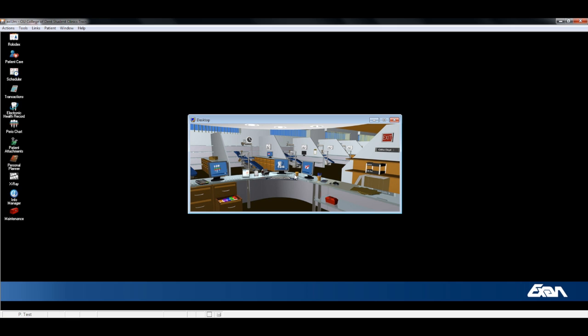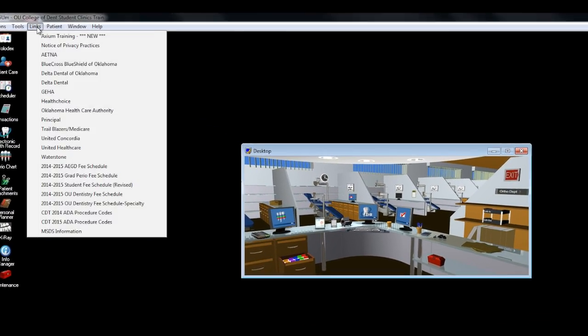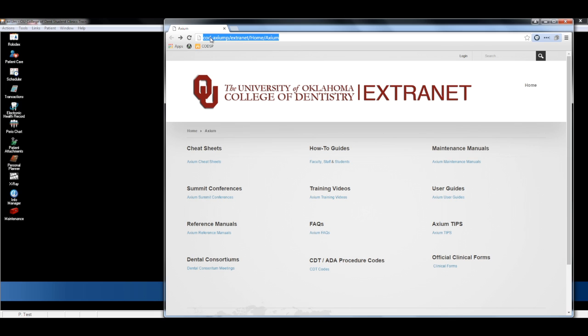Before we get into Axium, I should point out a few resources that you have access to should you ever have questions about Axium. First, you can find both Axium and in-house training materials by clicking on links from the menu bar and selecting Axium Training. This will take you to the extranet. Just remember that the extranet is only accessible from computers on campus, so keep that in mind before trying to